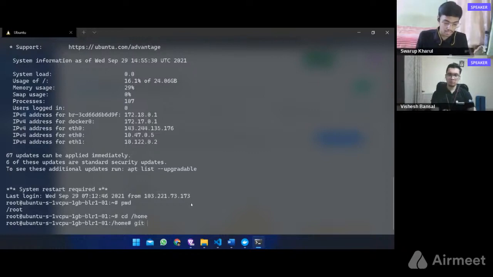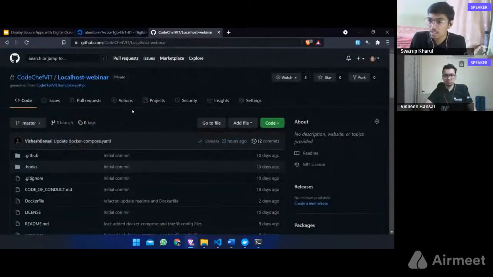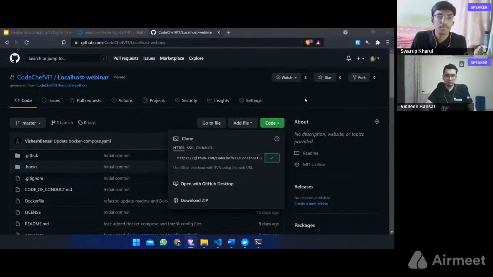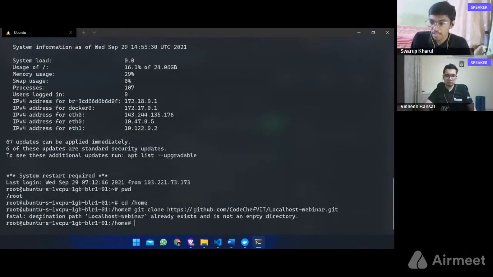For cloning a repository, we use git clone followed by the link of our GitHub code, which is this. I'll copy it and then paste it. For me, I've already cloned it once, so it says already exists, but for you it will clone the whole repository and all the files inside it.